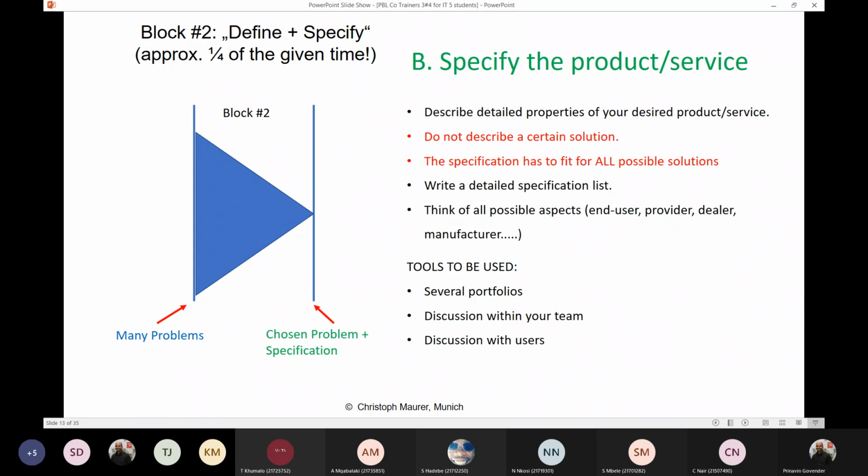So in my case, the properties would be that I'd want the user to enter their details. I'd want the user to be able to select from 2 or 3 options. So I'm very broad in my outlook. I need to write a specification list. I'm going to give you an example of this. But just to whet your appetite, in my case, my specification list is going to be, my app must have